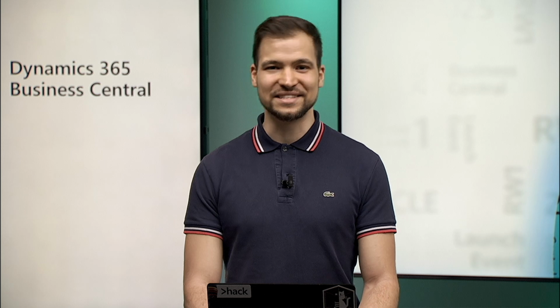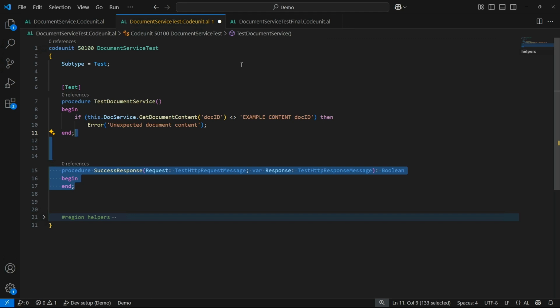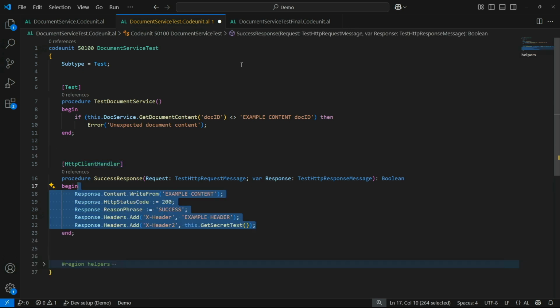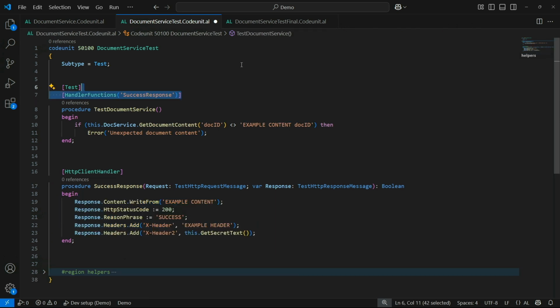However, this setup requires that the external service is up and running. Instead, we can define an HTTP client handler to intercept the request and simulate a response for it. We can start by defining a procedure and adding the HTTP client handler attribute to it. Within the handler, we can simulate a response to a request by populating the properties of the response object. Finally, we can attach the handler to the test method using the handler function's attribute. When the test is run, the HTTP request will be intercepted and routed to the handler, which will mock the